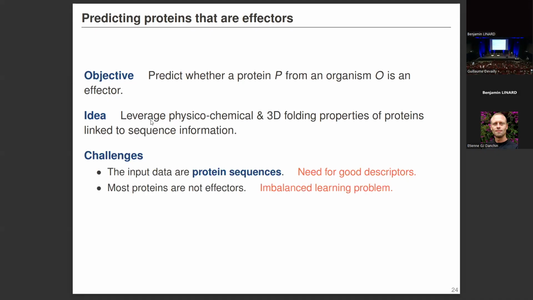problem to work. There's another problem, which is most proteins are not effectors. So we're in an imbalanced learning problem, which I'm going to ignore in this presentation. But this can cause issues with the machine learning step. And by imbalanced learning, I'm really in the setting that I was mentioning. So probably 98% of the